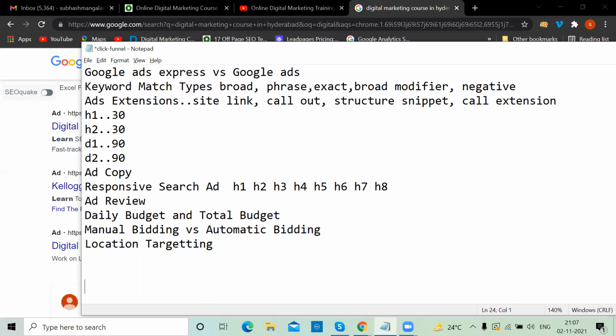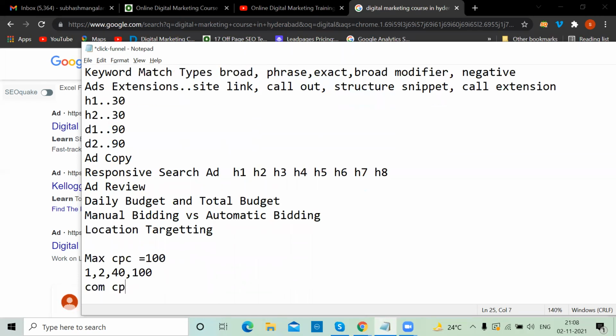You can save time, but make sure that you mention your maximum amount, max CPC, how much you want to pay. If you say your max CPC 100, maximum it will be 100. Actually, they might charge 1 rupee, 2 rupees, 40 rupees or maximum 100 rupees. It depends on competitor CPC plus 1 rupee.